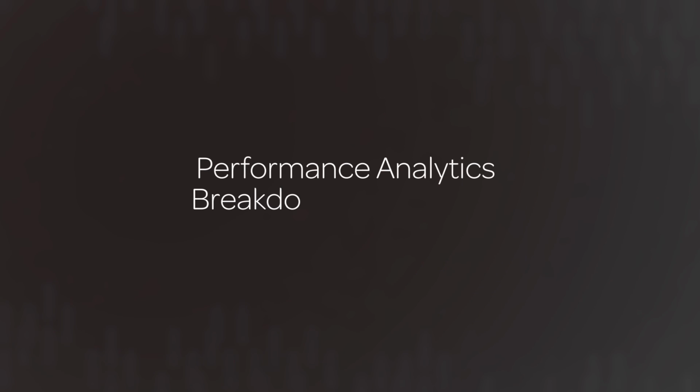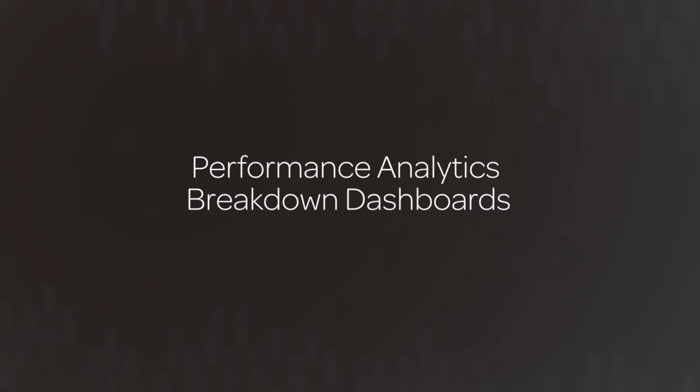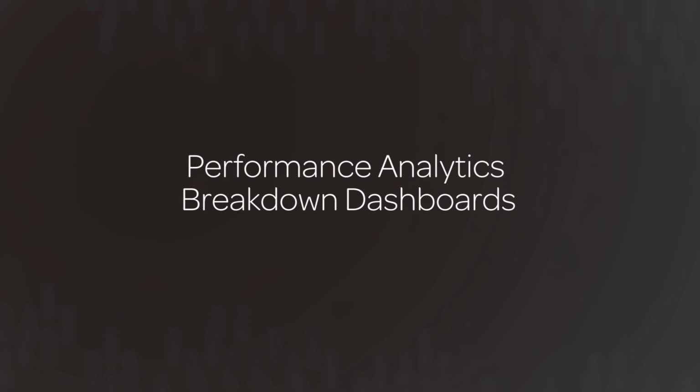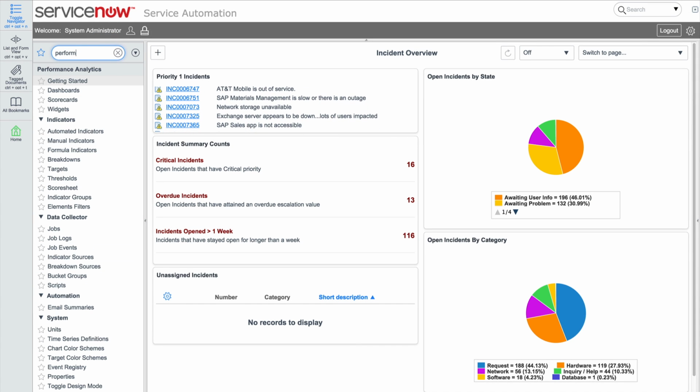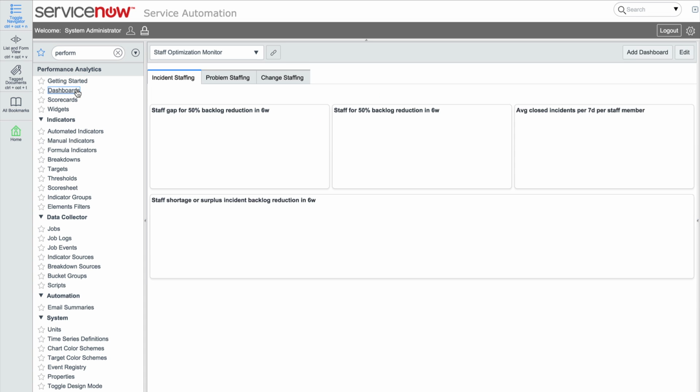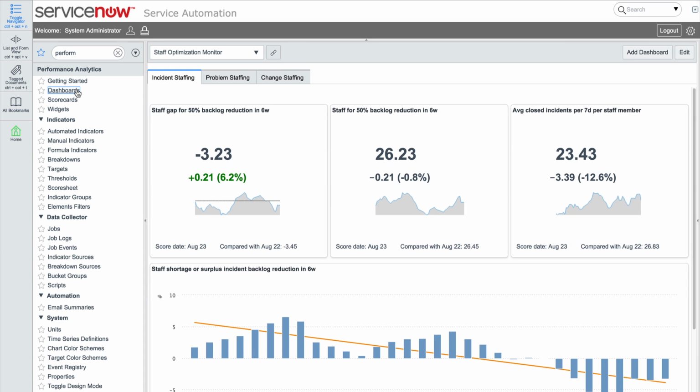In this video, we will describe performance analytics breakdown dashboards and show you how to create a breakdown dashboard. In the previous video in our series, Create Your First Dashboard, we showed you how to create a generic dashboard that can be used to aggregate information onto a specific page via widgets, independent of the relationship between the content